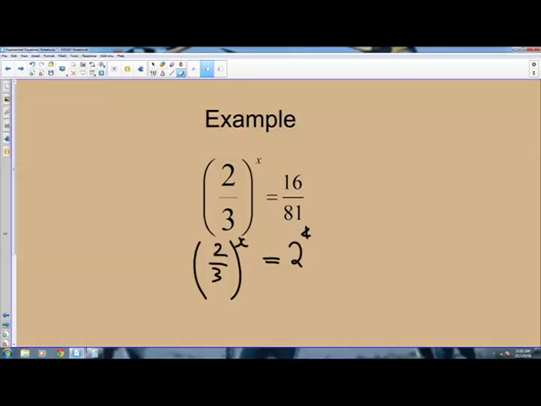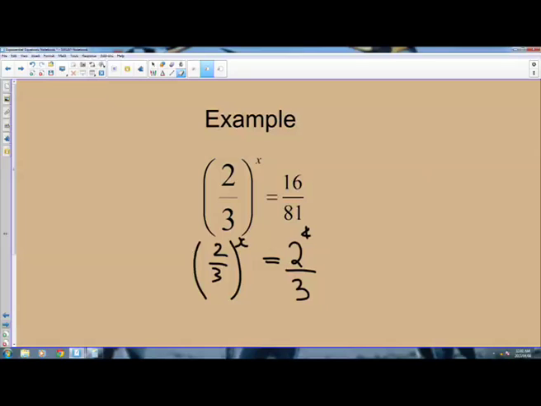2 times 2 is 4, times 2 is 8, times 2 is 16. So when we write 16 using base 2, it will be 2 to the power 4 divided by 81. But then we are to write this 81 using base 3. So it will be 3 to the power